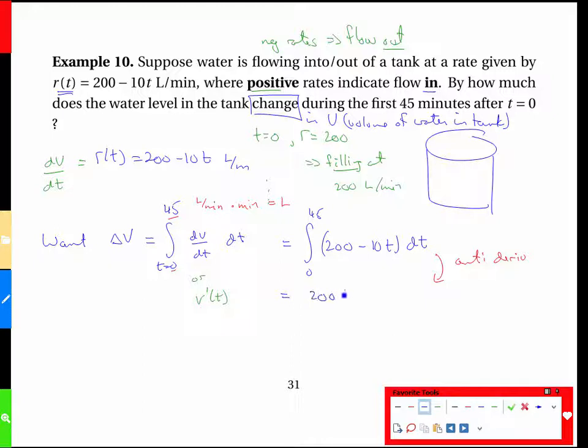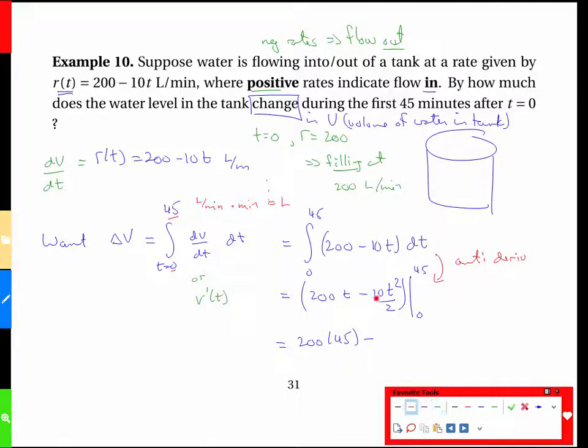So we get 200t, integral of 10t would be 10t squared over 2, and using our nice vertical bar notation, we're going to sub in the 45 and the 0 later, but this gives us the antiderivative as one step of our calculation. Then we go one further step, we plug in the 45,